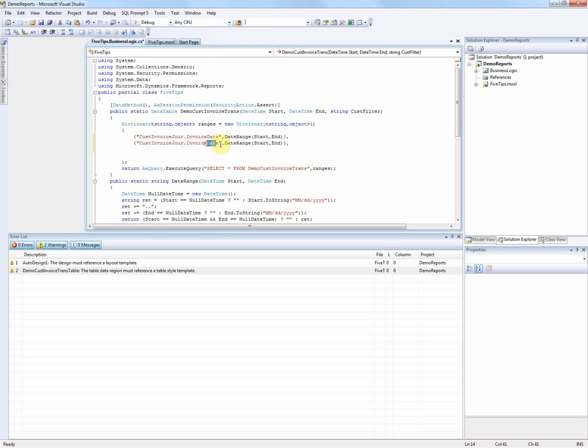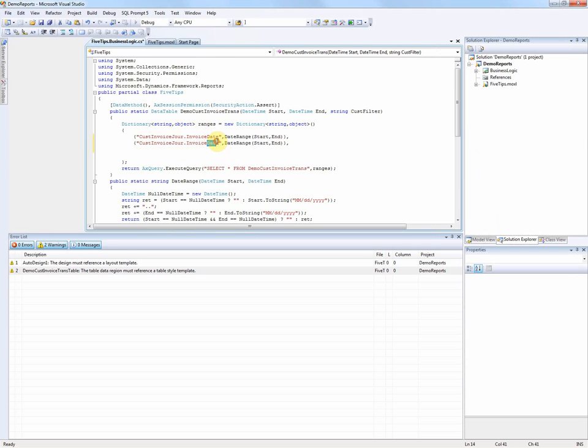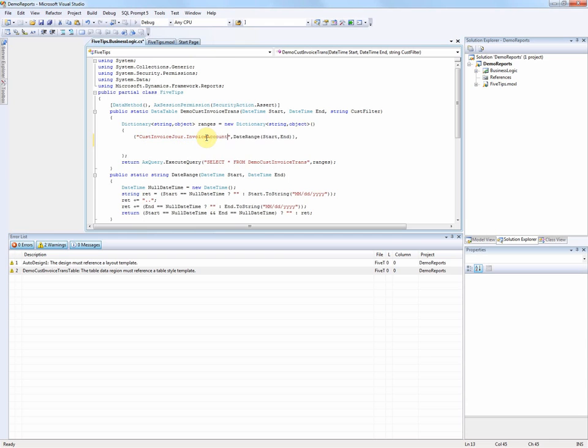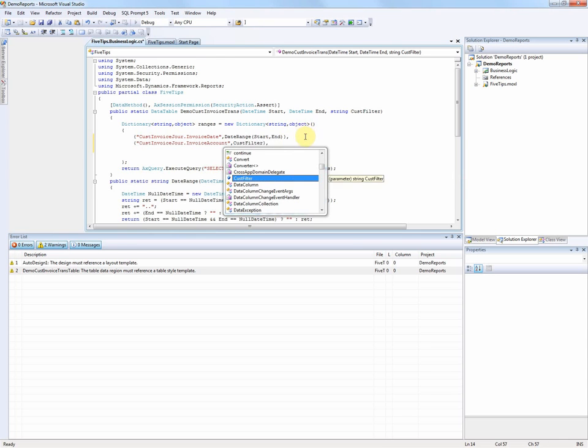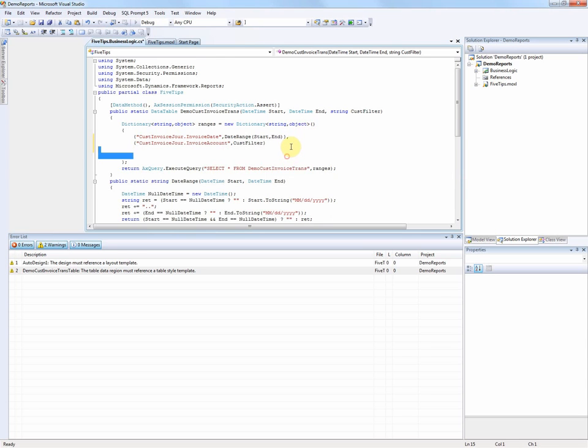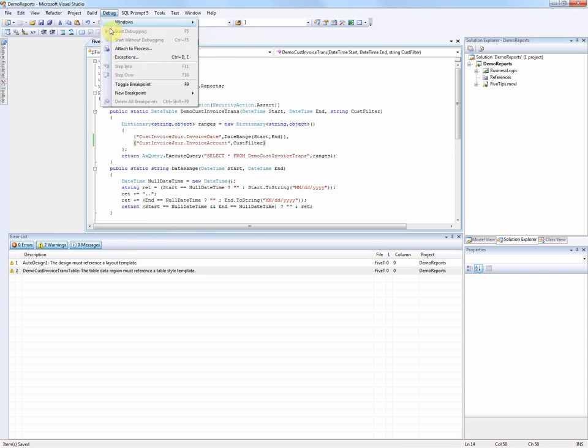to the query ranges. Now, you remember on our query, we had a query range on invoice accounts, so we can use that here, and we can set it invoice account, and we can set that query filter to be cust filter. And I'll get rid of that comma. And that's going to give us